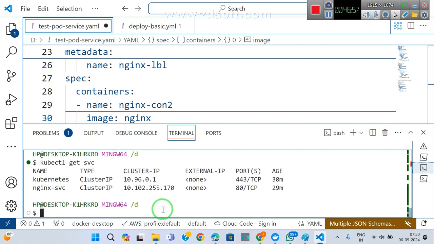Check it here. Is there any load balancer? No, right? Without edit, I want to convert this one into a load balancer. At that time, you need to go for expose. Now tell me,